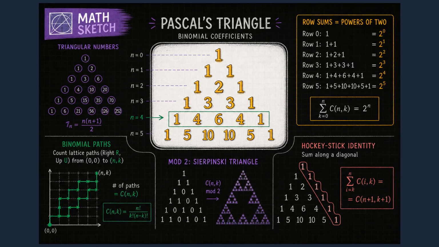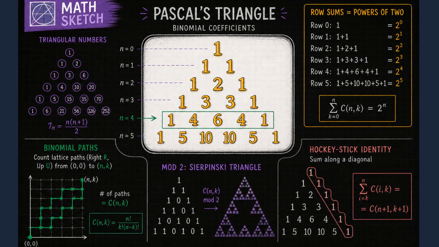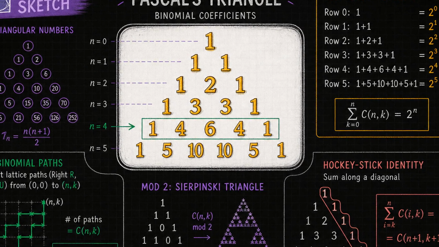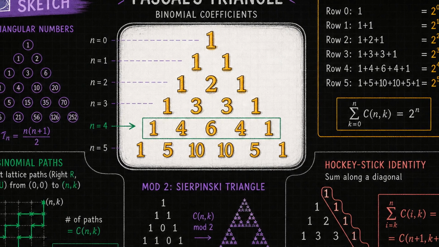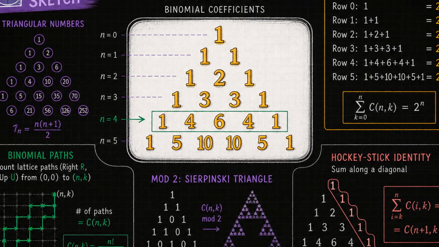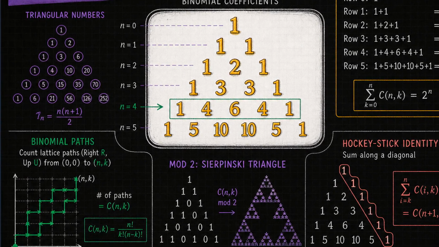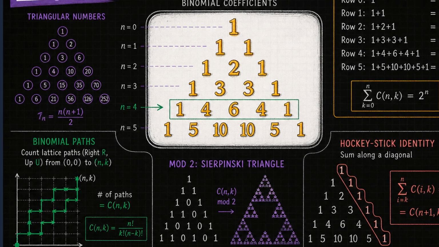You have seen this triangle before. Row 0 is a single 1. Each new row starts and ends with 1. Every interior number is the sum of the two numbers above it. Simple rules. But if you follow those rules far enough, the triangle stops behaving like homework and starts behaving like